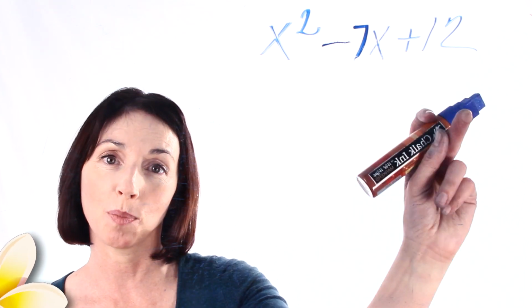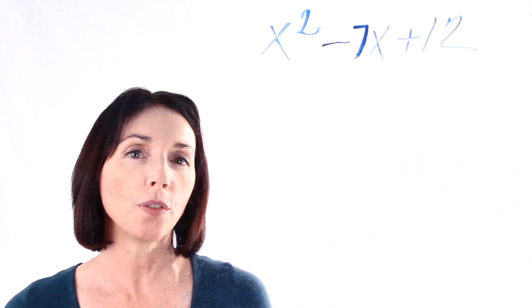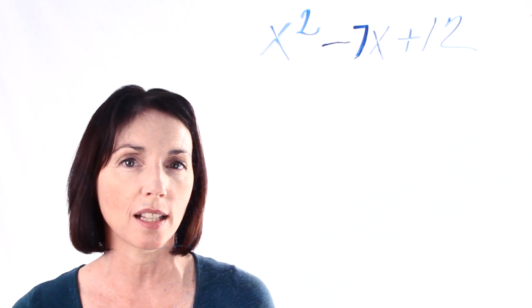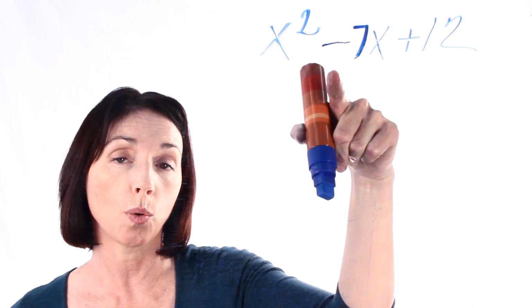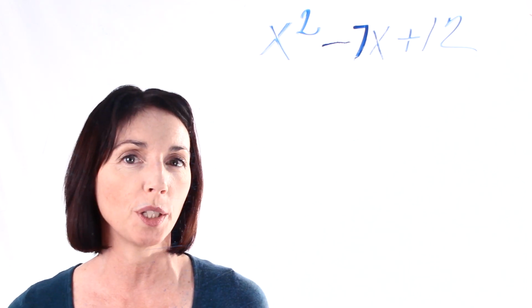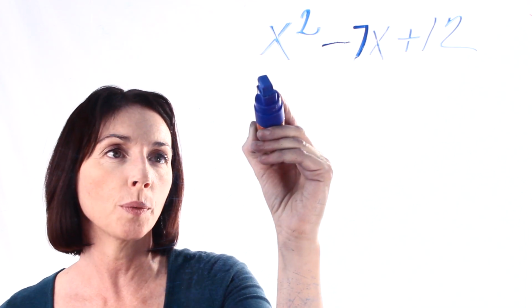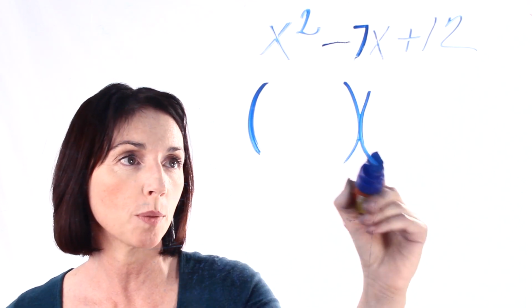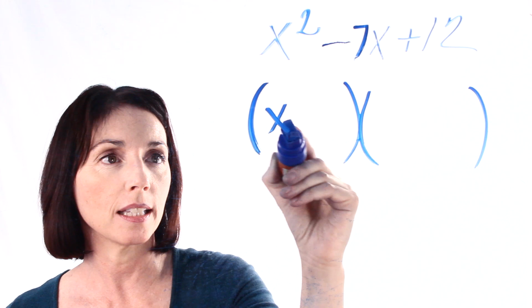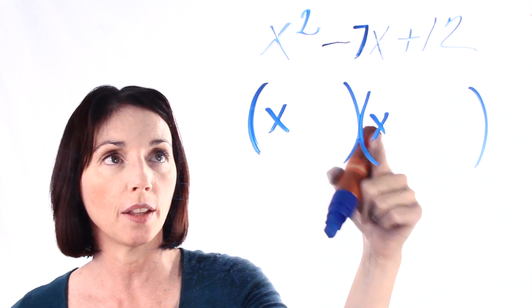This is a quadratic expression here. And so the way you factor it, the first thing you should do is look at the signs. The signs in your quadratic expression will give you a good clue what you should end up with. When we factor, we're going to end up with two parts of the expression. We need an x in front of both of them so that when we multiply together, we get our x